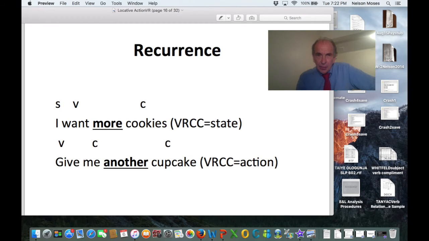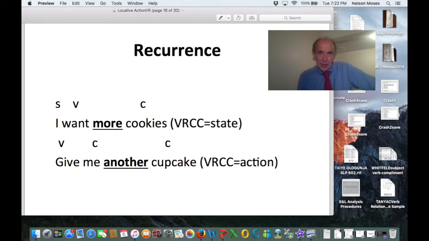Here is one more non-verb relation content category, recurrence. "I want more cookies." "Give me another cupcake." SVC, first case, "I want cookies." That is, the verb relation content category of that sentence is state, because the SVC unit represents state. A wanting represents state. "More" is the word that's outside of the SVC relationship, therefore it is a non-verb relation coordinated content category, and